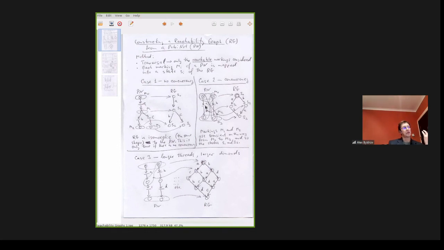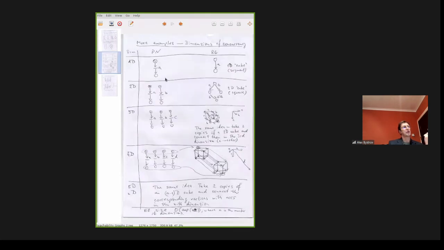If there is concurrency, then we are getting diamonds. If each thread is longer than one transition, then each edge of the diamond becomes longer. And if we have an increased number of concurrent threads, then we are going from one-dimensional to two-dimensional to three, to four-dimensional and so on figures.